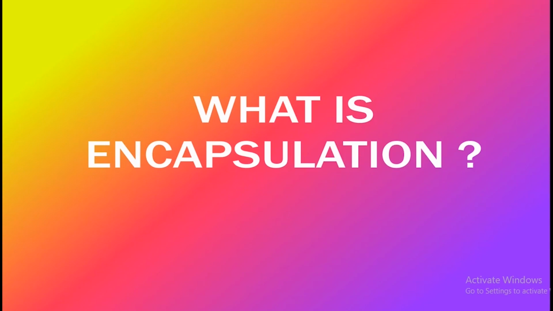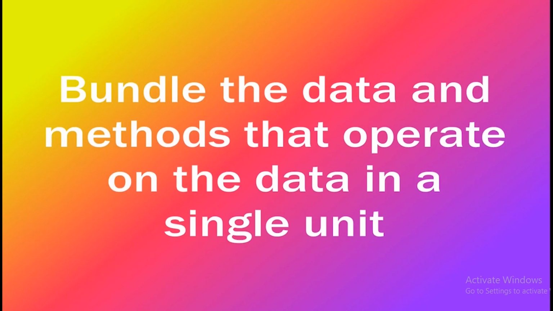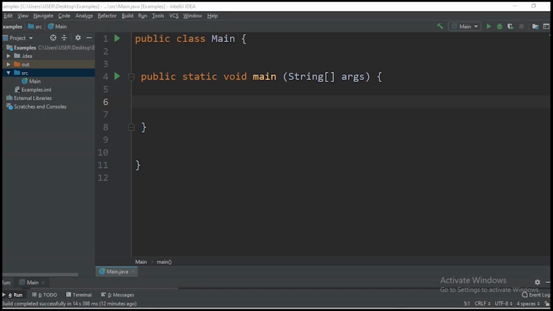What is encapsulation? Encapsulation is to bundle the data and method that operate on the data in a single unit. In this class, let's have an example of a data that is not encapsulated, and later using the encapsulation we encapsulate the data. To show an example, let's create age calculator